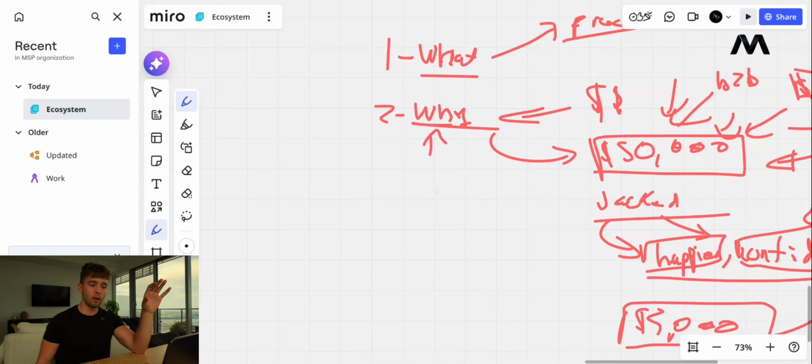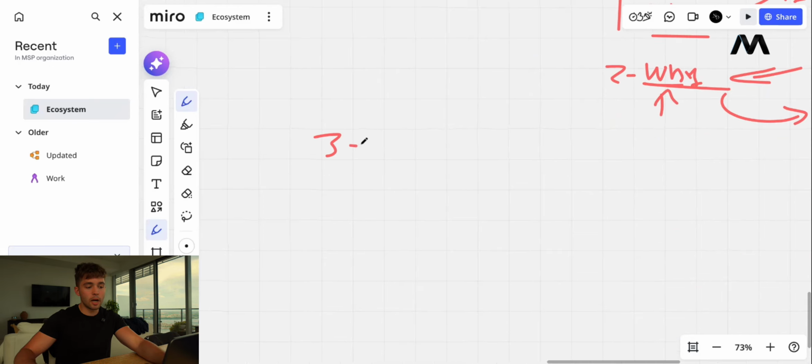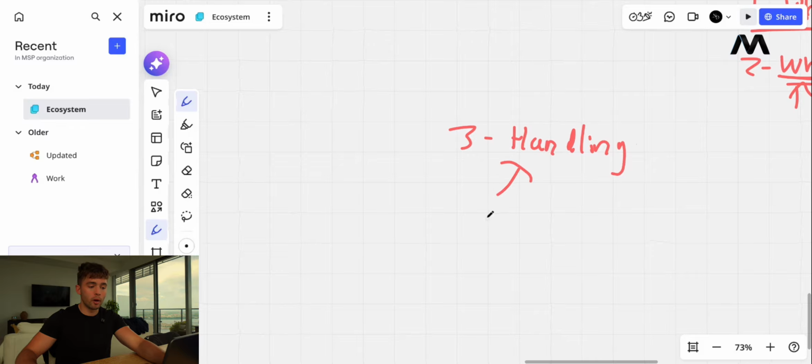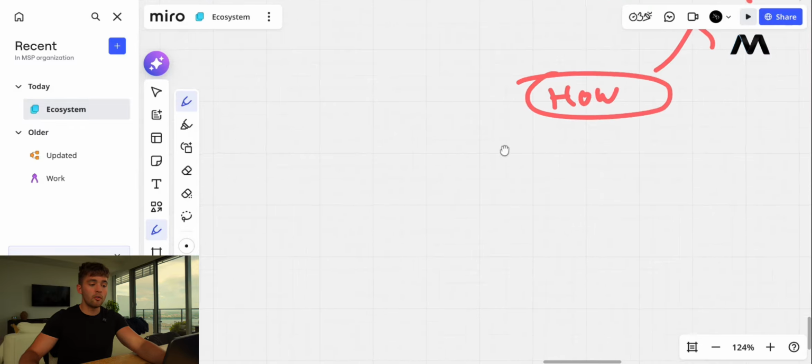Now with that said, you're ready to install my framework. Number three is the actual handling. So for me to be able to explain how to handle objections, before I even get to the actual framework, I want you to understand how, if you had a friend,